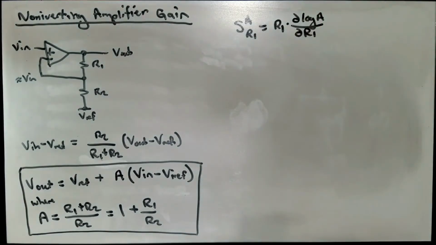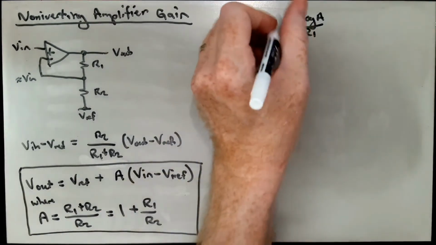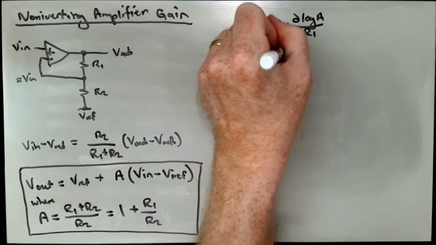Okay, so A is in this form, R1 plus R2 over R2. And if we like, we can use the property of logarithms to write the log of that ratio as the difference of logs. And so this is equal to R1